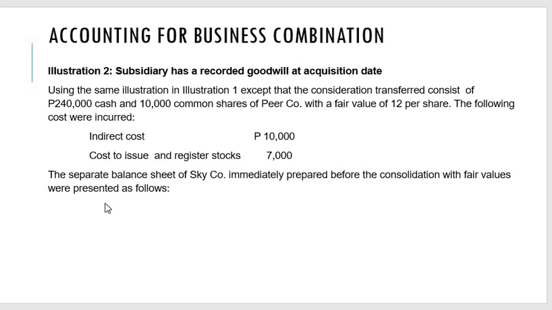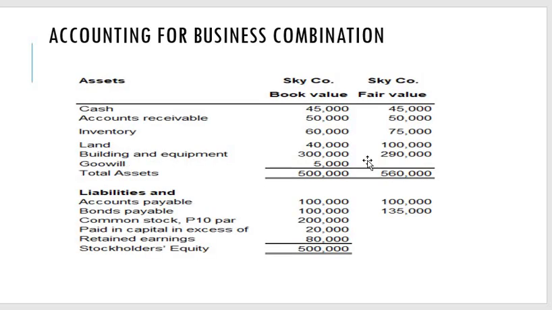So okay, the only changes are in the fair value and book value of Sky, since what if there is existing goodwill of the acquiree? But there is no fair value for it, because in a business combination we only recognize identifiable assets, and that does not include